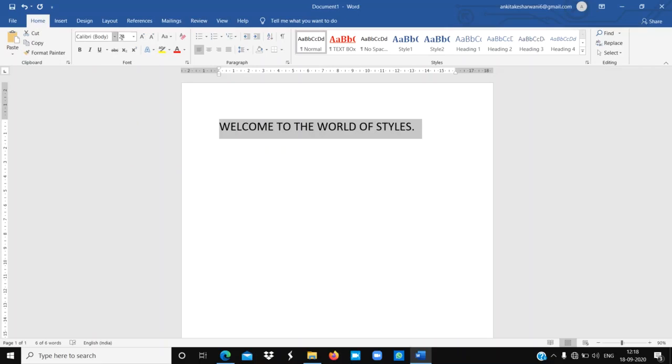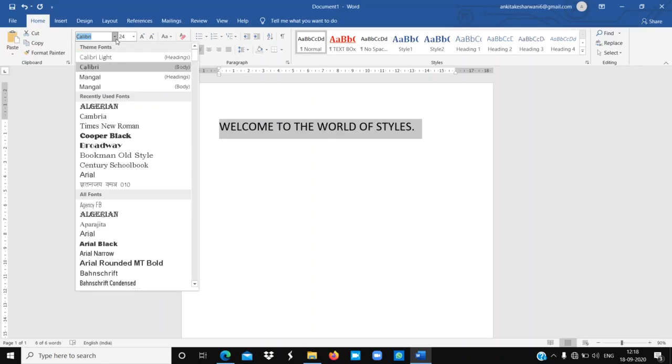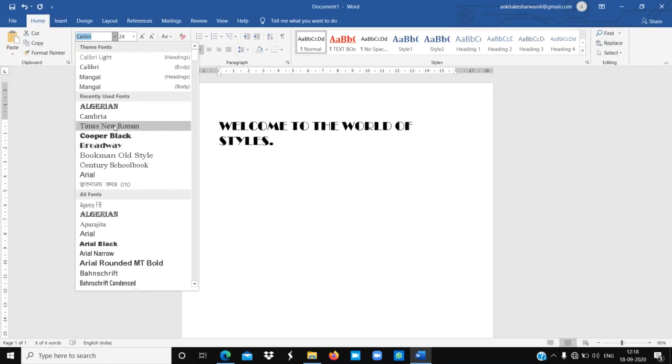Now I want to change the font style, so I am selecting Cambria.